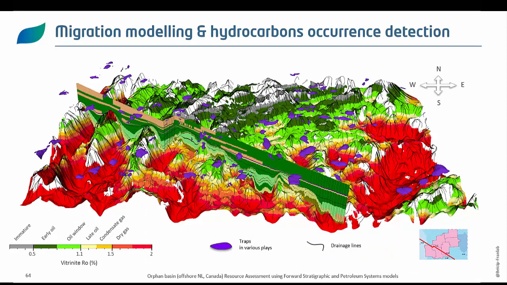Then hydrocarbons migrated. On that 3D view, we can have an idea of the different drainage areas, eventually leading to structural closures, here in purple. So the model tracks the masses of hydrocarbon reaching those locations. We computed all those masses for all the different scenarios, and obviously there were differences between the scenarios, but all the models that we did demonstrated a prolific petroleum system.